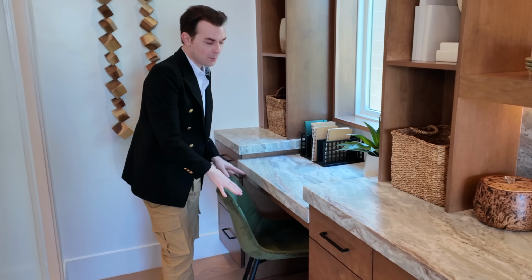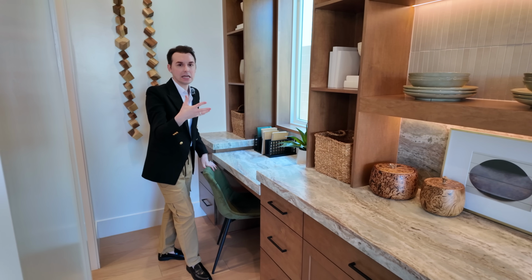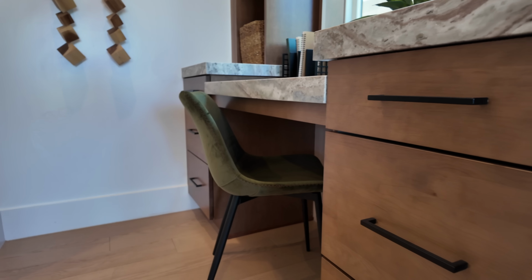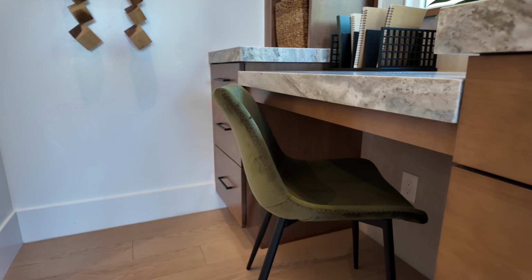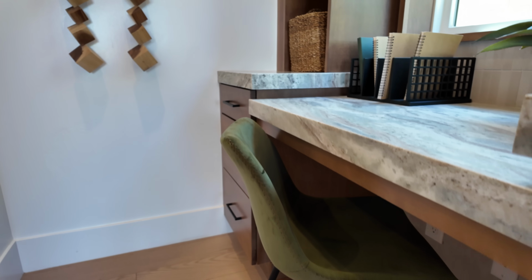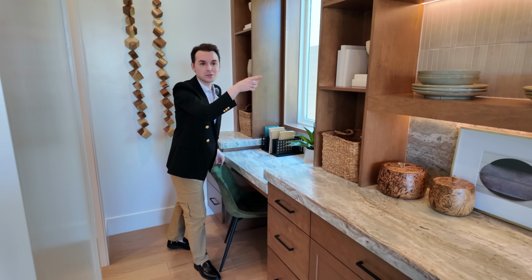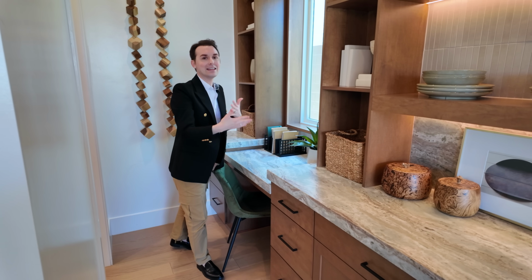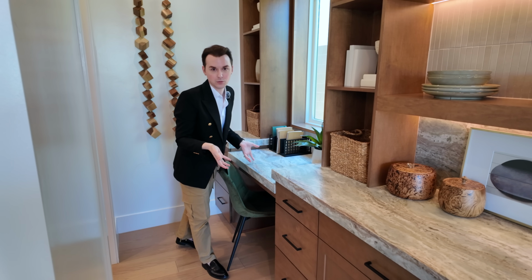And when we use multiple tones of the same color, it creates elevated design. It's just a smooth transition between the two. Like this plant is not the same color. This fake plant is not the same color as the countertop, but the chair isn't either. Those plates there, they are. And it's all of that mix that makes it feel natural and makes it feel elevated, which I think is